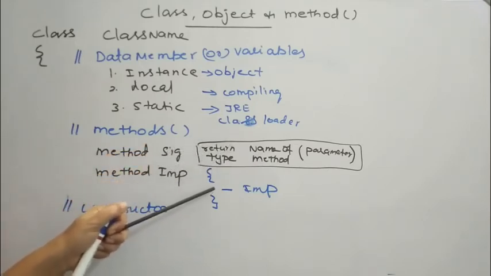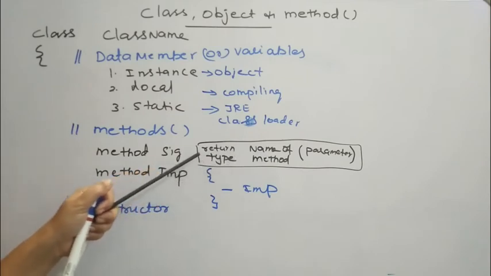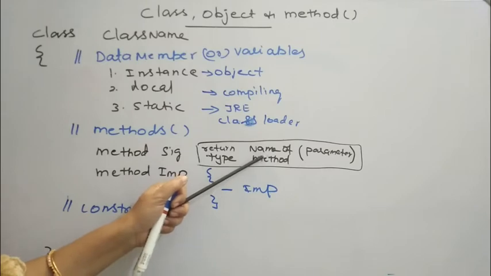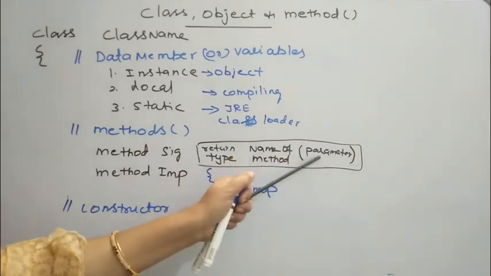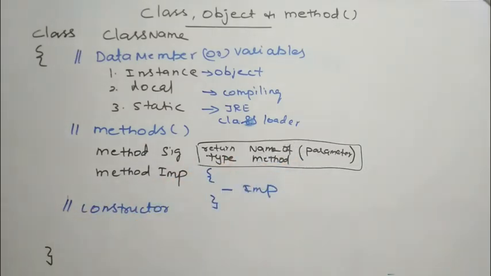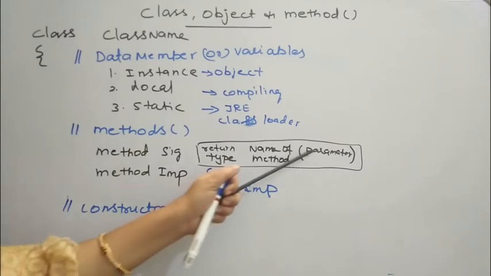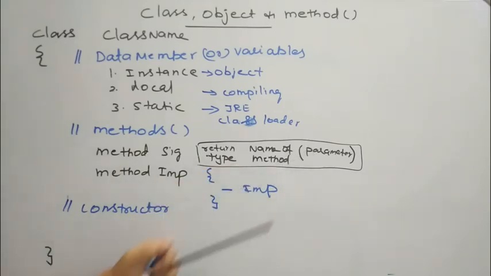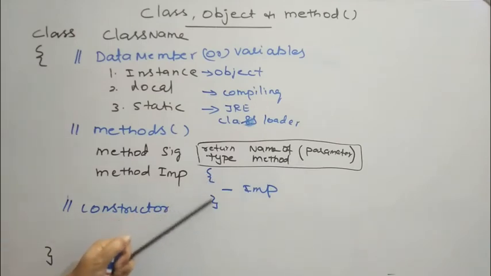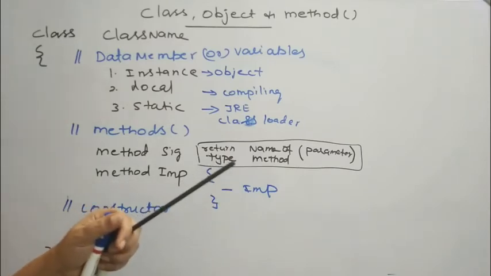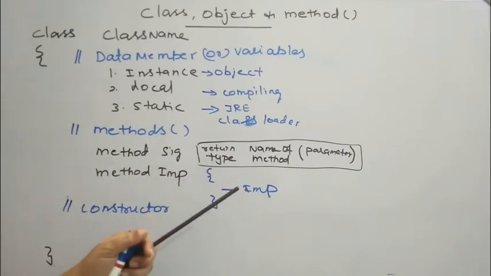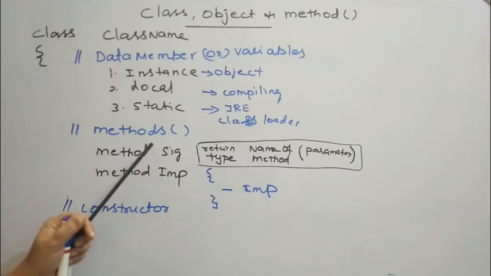After performing the functionality, the method is going to return some value. The data type of the value needs to be specified, and the name of the method. Within parentheses, we may be passing values to this method. The values are taken by these parameters. Parameters are a list of variables along with the data type. Within this curly brace, we write the method implementation, that is how it is going to perform its functionality. So that is how we are able to define a method.